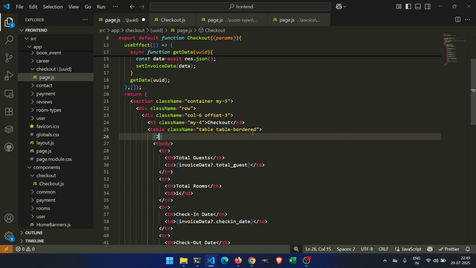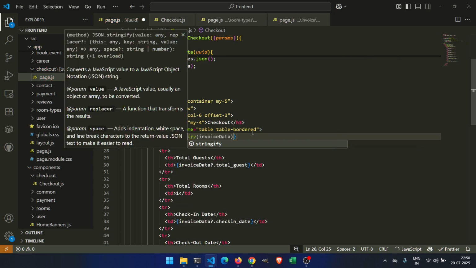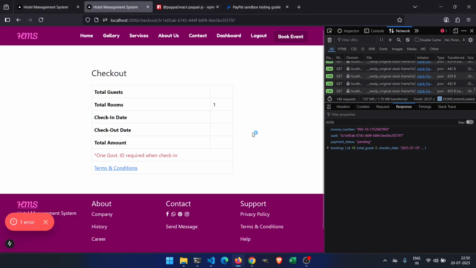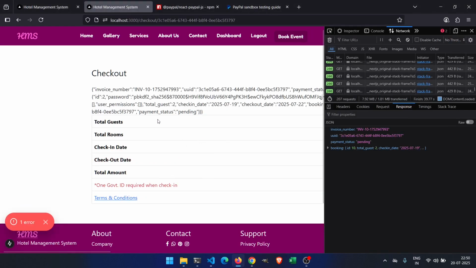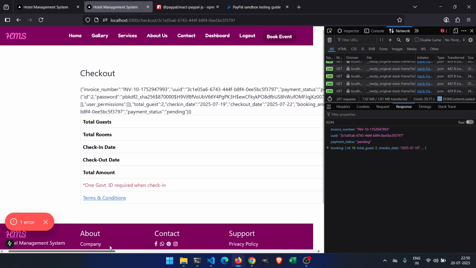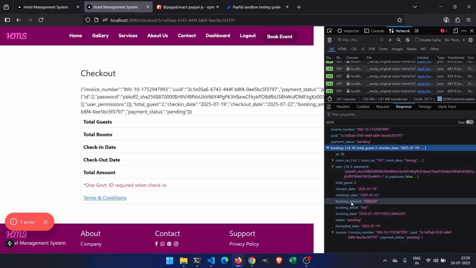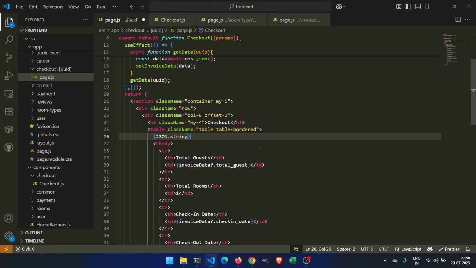JSON dot stringify invoice data. So we'll see here. So what we have, total guest. We have total guest, but this is in the booking, I think. Okay, yeah. So here, so this is in the booking dot